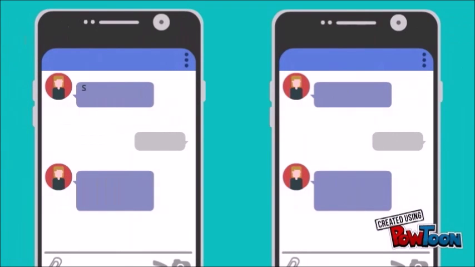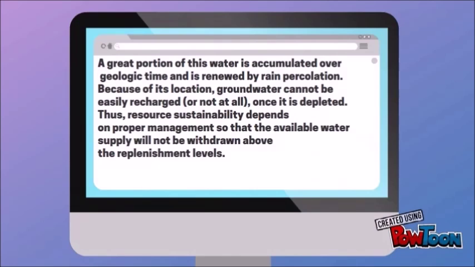Surface water consists of fresh water that flows and collects in rivers, lakes, or reservoirs. Groundwater, on the other hand, collects in porous layers of underground rocks known as aquifers. A great portion of this water is accumulated over geologic time and is renewed by rain percolation. Because of its location, groundwater cannot be easily recharged, or not at all, once it is depleted. Thus, resource sustainability depends on proper management so that the available water supply will not be withdrawn above the replenishment